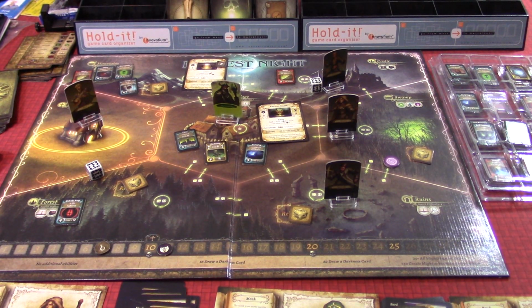We're deep in it. We've got the darkness track at 11 right now. We're playing with the Exorcist, the Scout, the Monk, and the Bard. There are many characters in this game. This game is deep and has a lot going on. It's so cool, and I love the